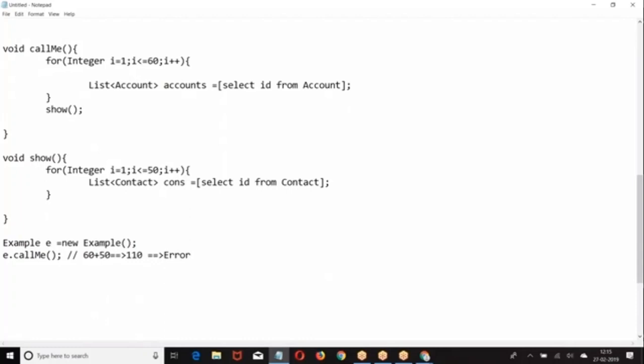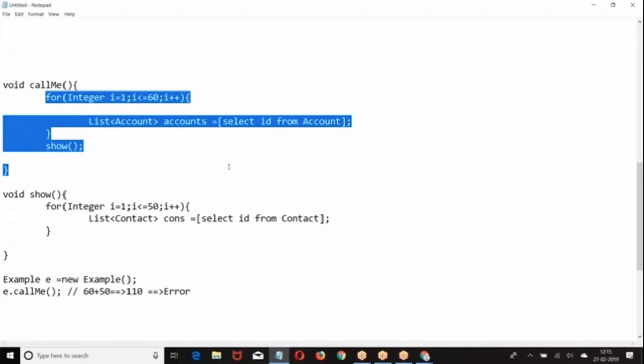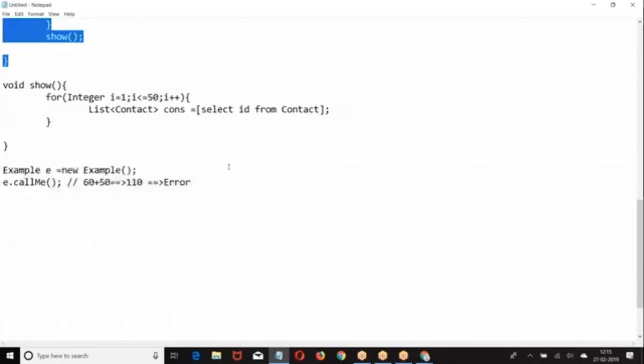That is the reason it is always a good practice not to write a SQL query within a loop. Try to avoid writing SQL queries within a loop. Okay, I hope you got the point. When you say transaction, all the SQL queries within the transaction together can be 100. If it is more than 100, it throws an error message. Okay. Now let us go to the next.